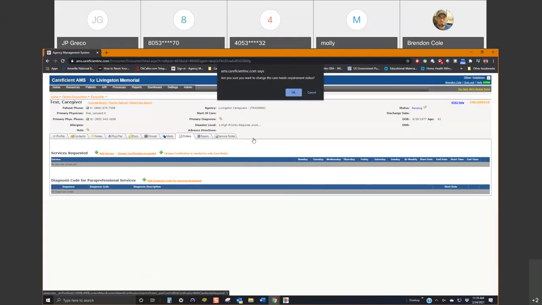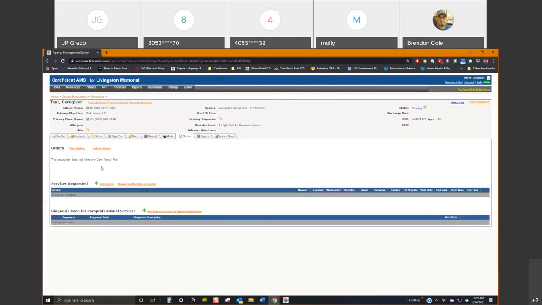What this does is create a placeholder once we activate the patient. It's going to create a care needs placeholder that you are going to attach your care needs to. So that part,